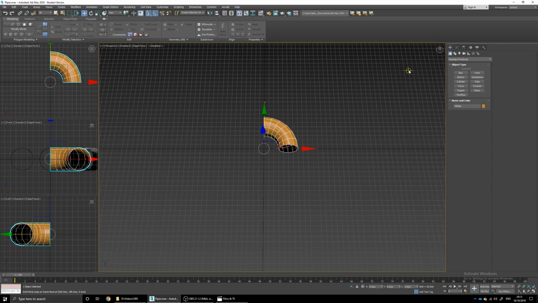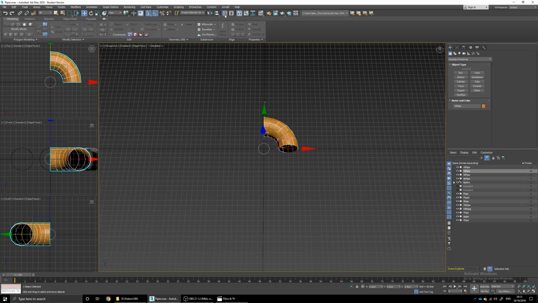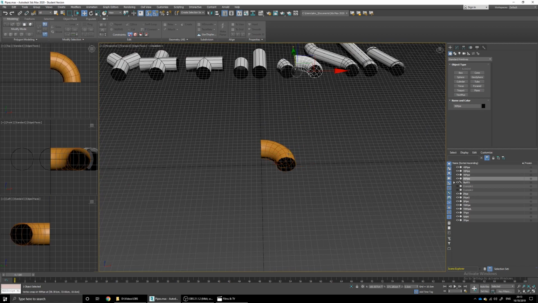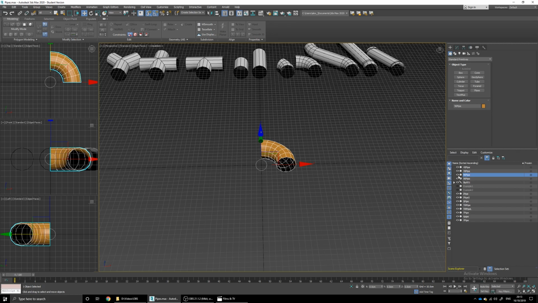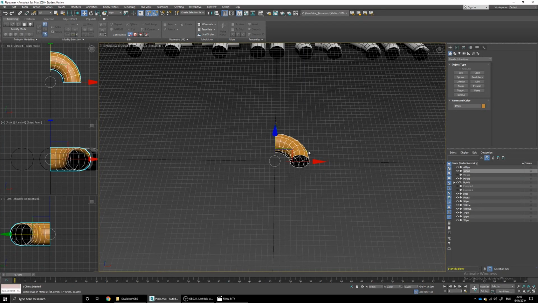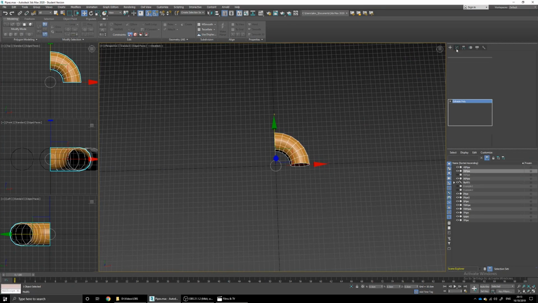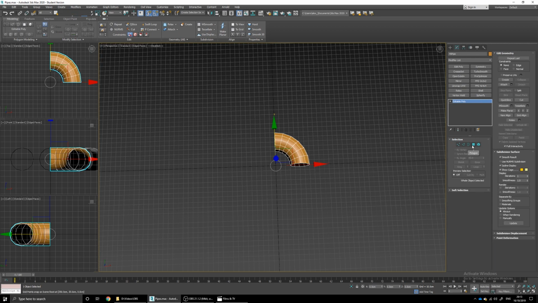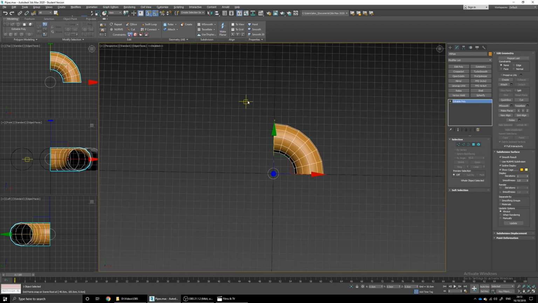So now we've done that, we can go back to the 90-degree pipe. So we might need to go onto the Scene Explorer. I've got two of them here because there is also one over here. But if I select the correct one, and I'll just hide it for now. Right, and so with our 45-degree pipe, we're going to go to the Modify tab. I'll just turn off the Scene Explorer, and we are just going to delete